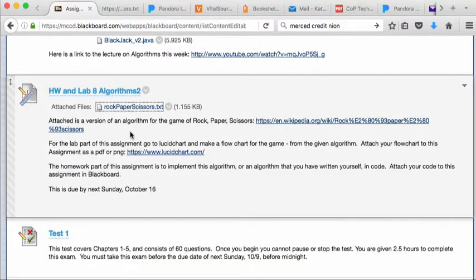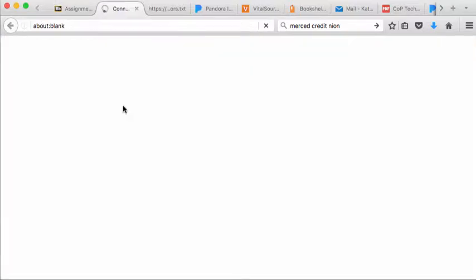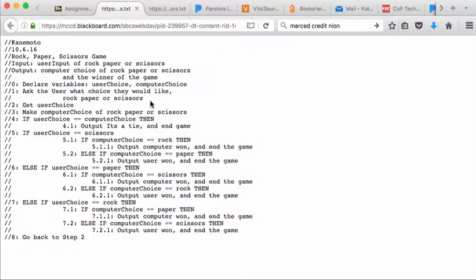For the homework in Lab 8 on algorithms, you're given the task of taking an algorithm and implementing it inside of your code. Let's go ahead and take a look. It's the rock, paper, scissors game, often called Roshambo. And we want to take this algorithm. So I'm going to do Control A, Control C, and copy that so that I can implement